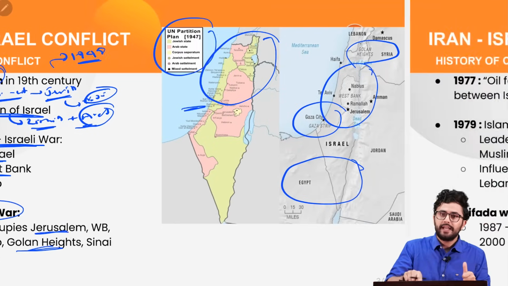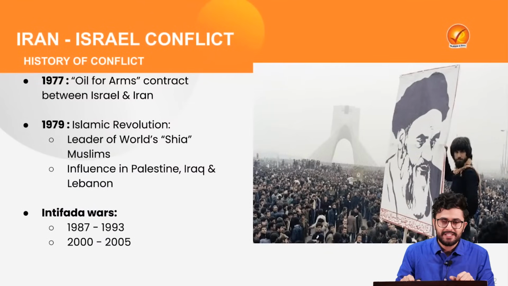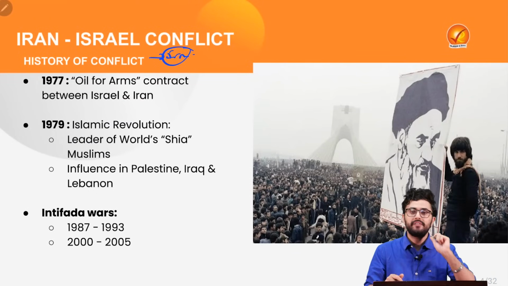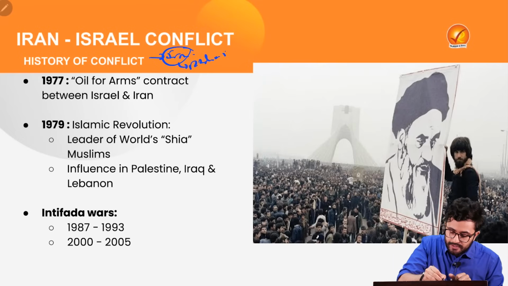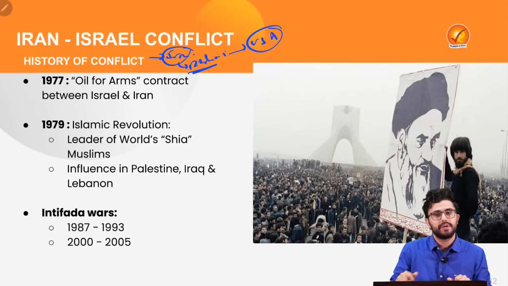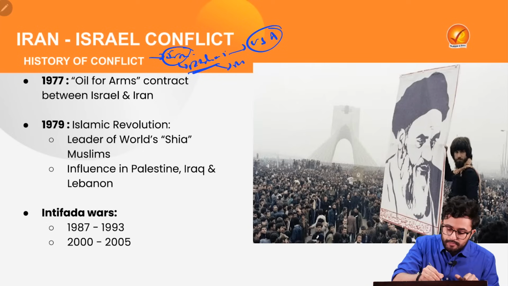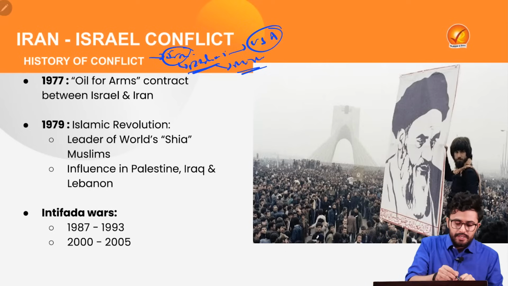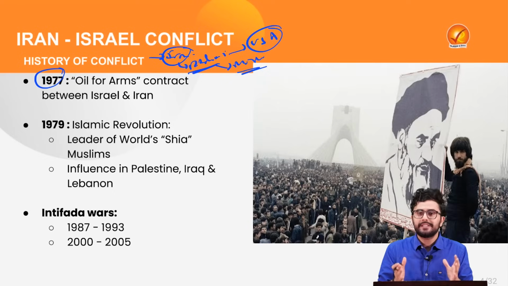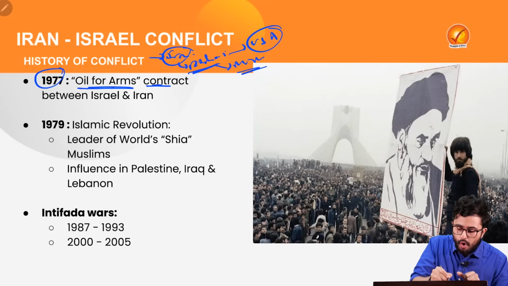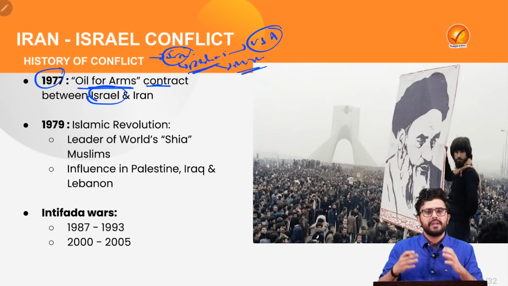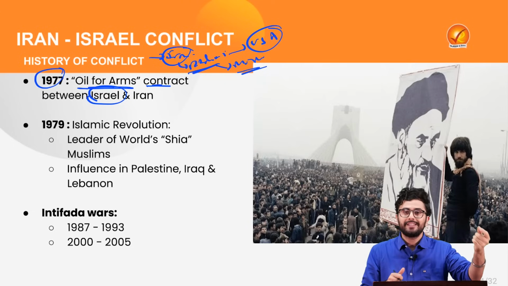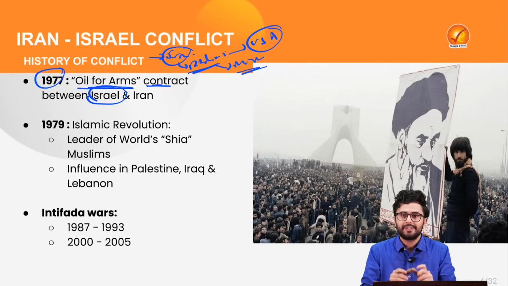Now keep this in mind that in this 6-day war, a major absentee was Iran, because Iran till then was being ruled by the Pahlavi dynasty. And this Pahlavi dynasty was a major ally of USA and also one of the first Muslim states to recognize the State of Israel. An example of this is the year 1977, when Mohammad Reza Pahlavi signed an oil for arms contract with Israel, where Israel agreed to supply advanced surface-to-surface missiles to Iran in exchange for oil. However, the relations took a